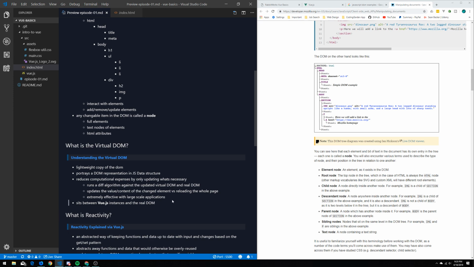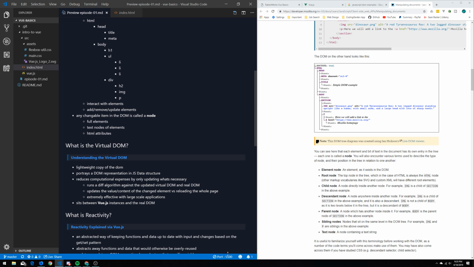So it sits between our front-end framework, in this case Vue.js, and I think React has a virtual DOM as well. So it sits in between the real DOM and our framework,